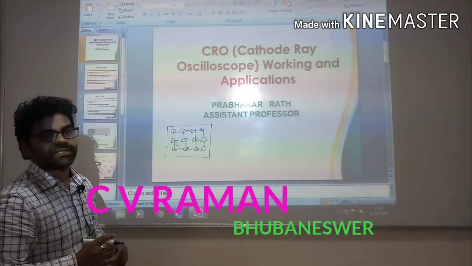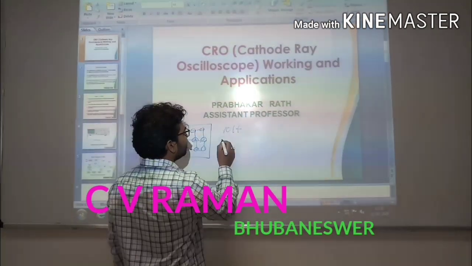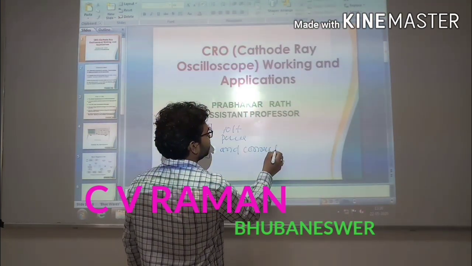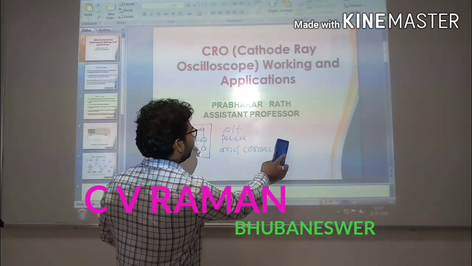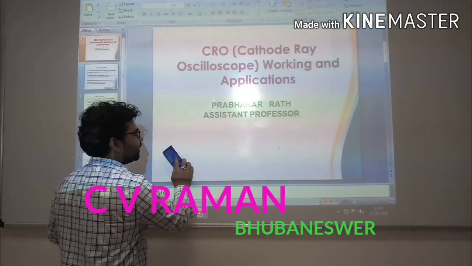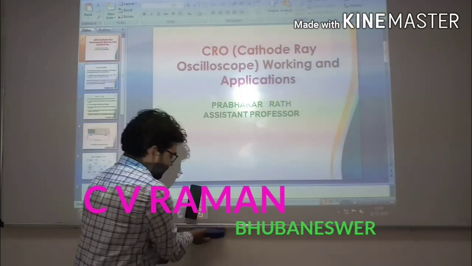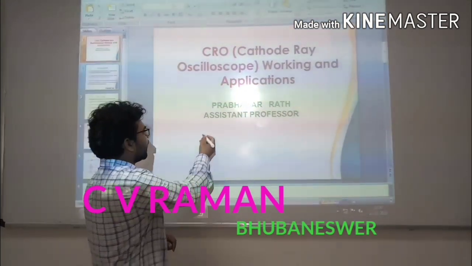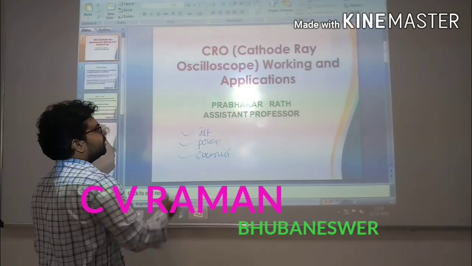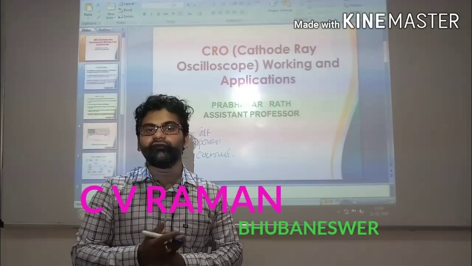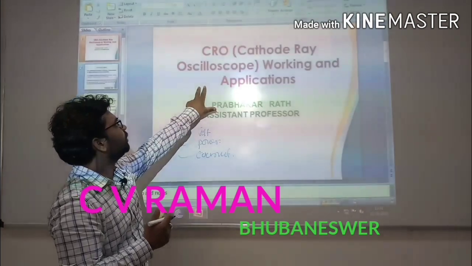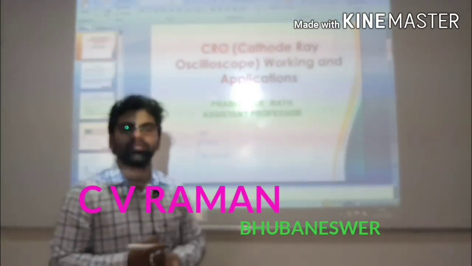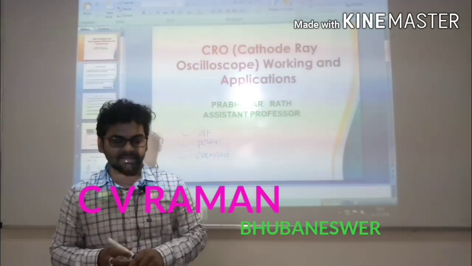That's why, in this case, the voltage, power, and current. These are the three parameters we require in case of a circuit when we go for the operational case. An instrument which is capable to measure the voltage and the current, the device which measures voltage and current, that is called your CRO, cathode ray oscilloscope. In this topic, we will discuss the cathode ray oscilloscope and the details, how it is working.